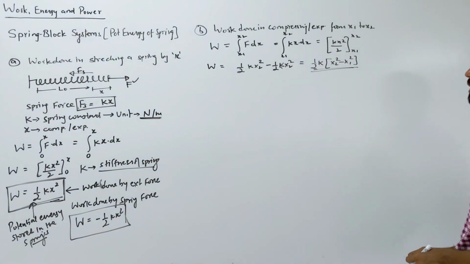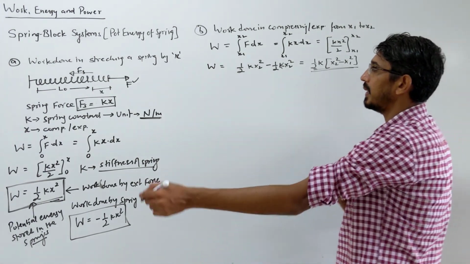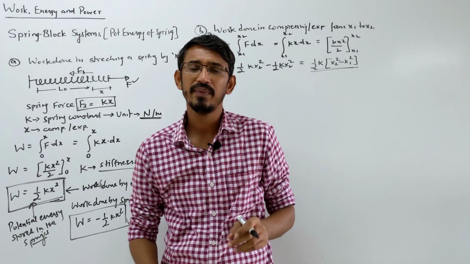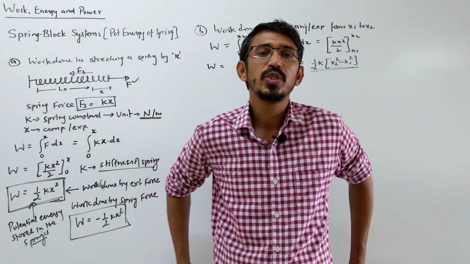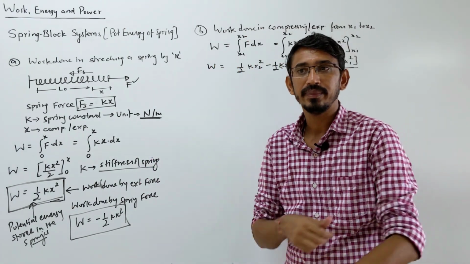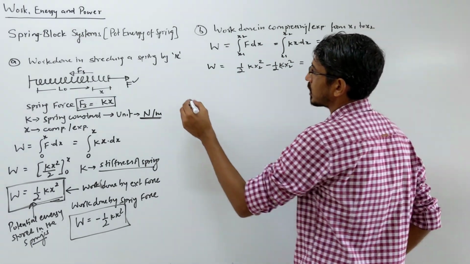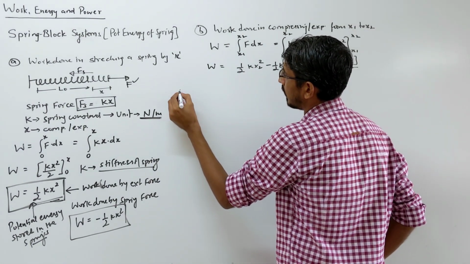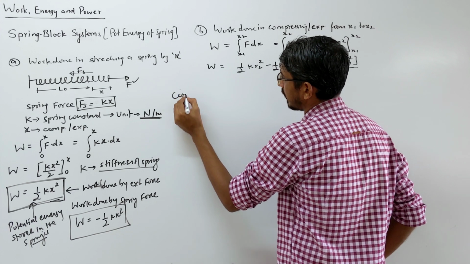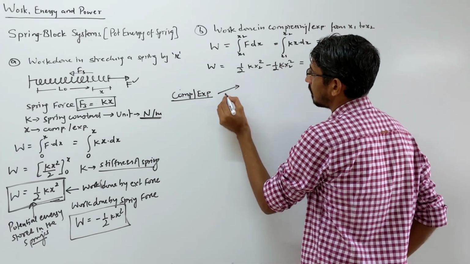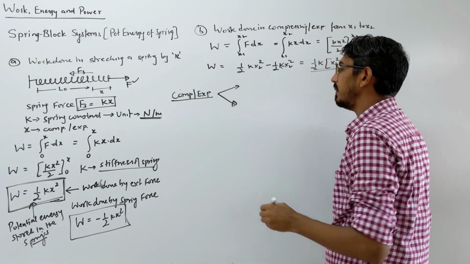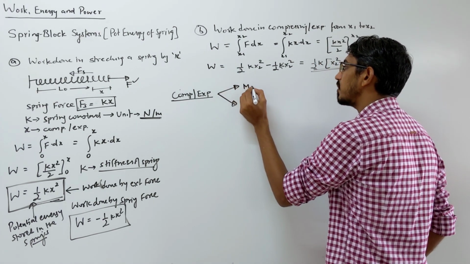Okay, now I will tell you a very important question, how they mainly ask it here. Generally, 99% of the time they will ask about compression of the spring only, in all cases. But there are two possibilities for how they ask this question. When they are asking about compression or expansion, we have two possibilities. I am writing what they are. It's very important, so give attention here. Compression or expansion, anything they ask, you have two possibilities here. What are they? Either they will ask you for the maximum compression.